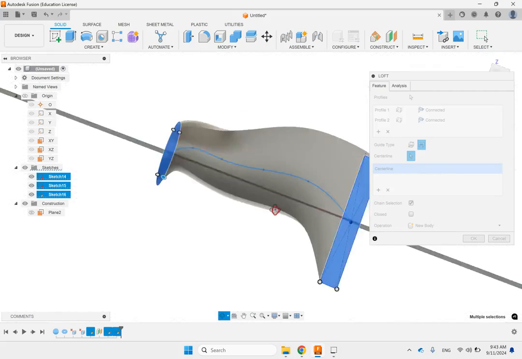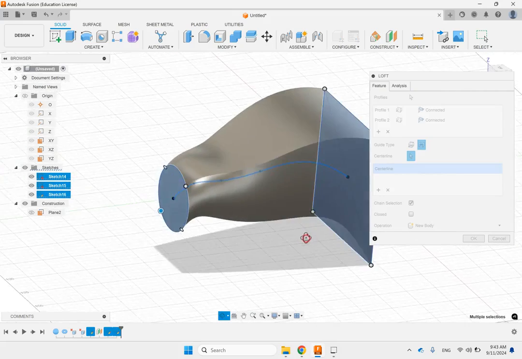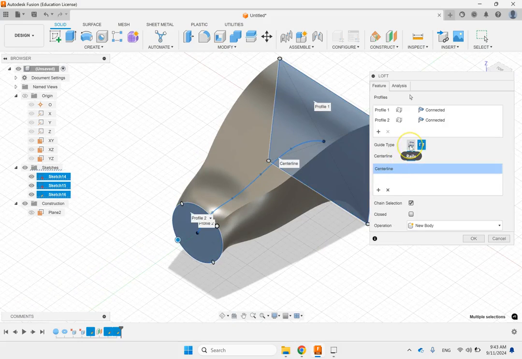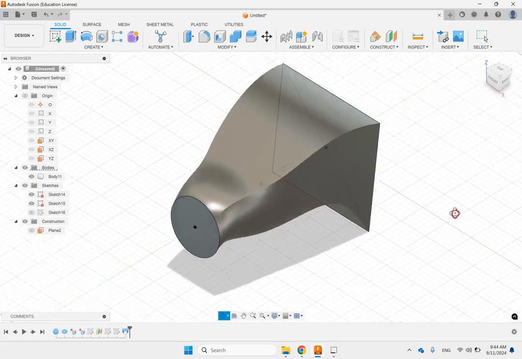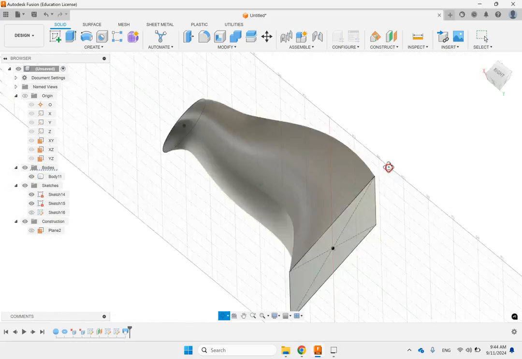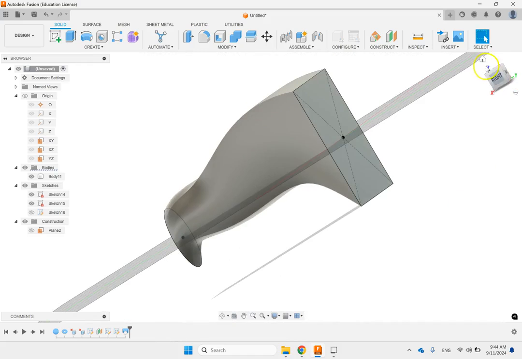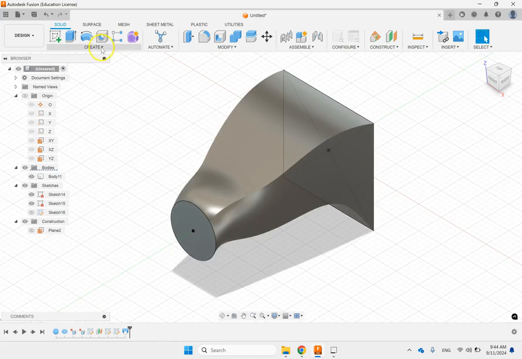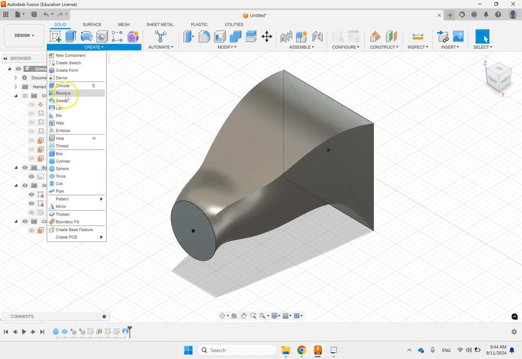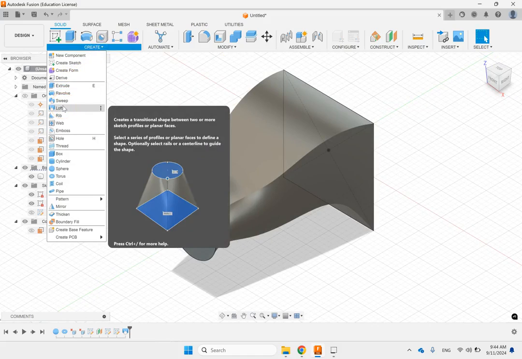And there we go. You see, now you can make the shape complicated. Or as I said, you can do it on the top, bottom, left, and right if you want it in all different directions. So this is a loft, and you can do a cut loft or anything for that matter that you want. Okay, so these are the 4 major commands that you have in any CAD software that you want